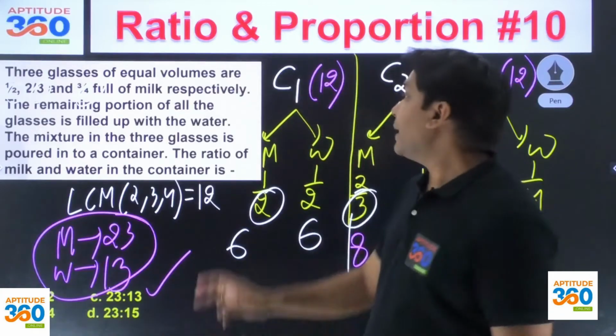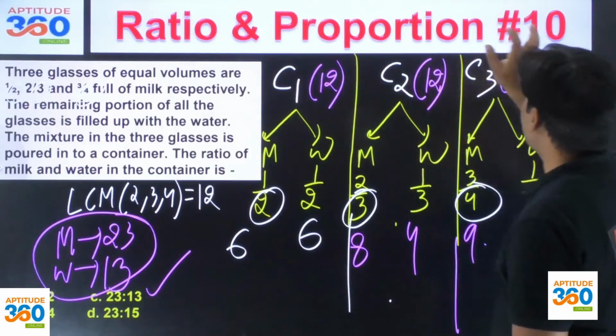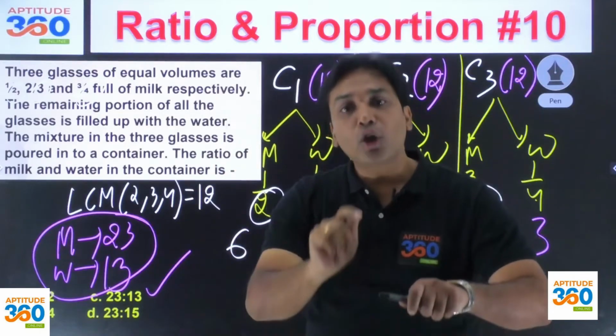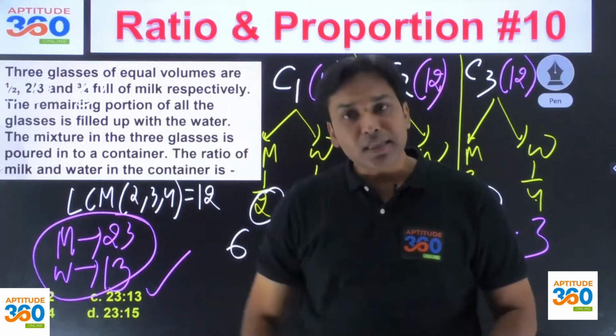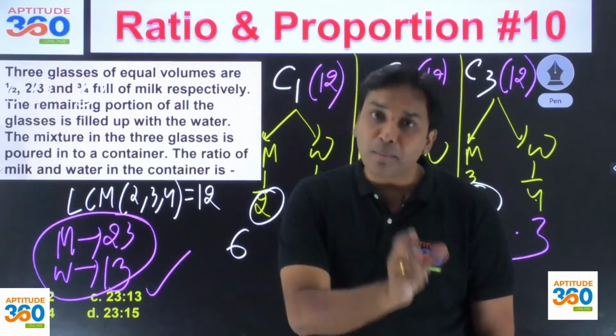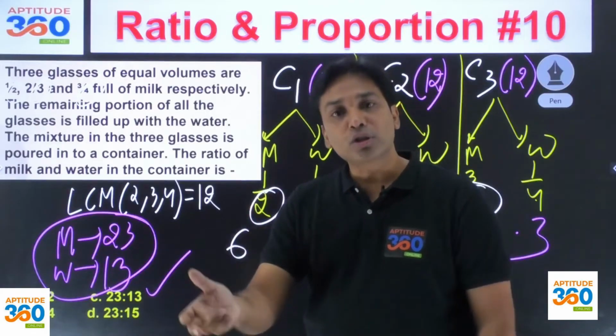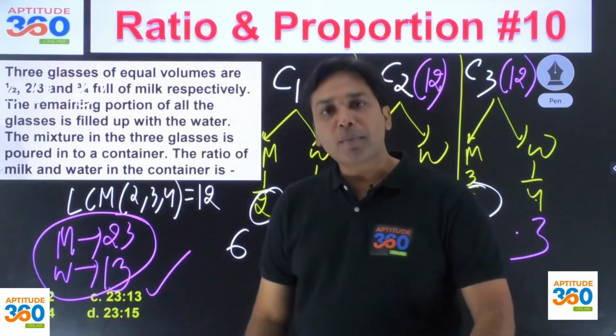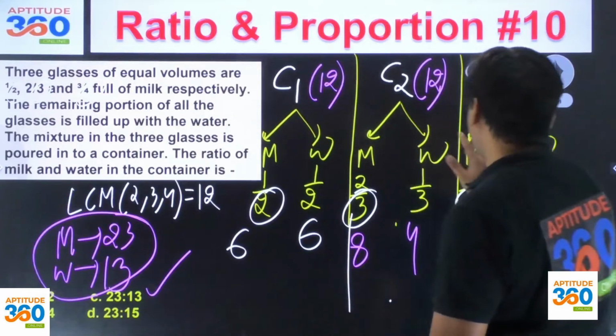23:13. भाई 12 लीटर इसका लिया, 12 लीटर इसका लिया, 12 लीटर इसको लिया और किसी और कंटेनर में मिला दिया, so the entire volume of the bigger container will be 36 liters. अब आप ये देखो 23:13 यानी 23 लीटर्स हो गया मिल्क और 13 लीटर हो गया वाटर, and the collective volume of milk and water is coming out as 36. प्रॉब्लम हमारा खत्म हो गया।